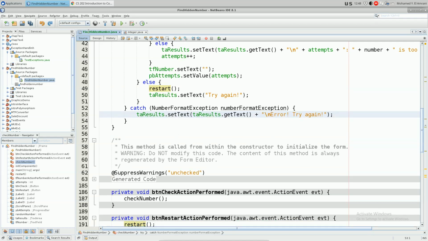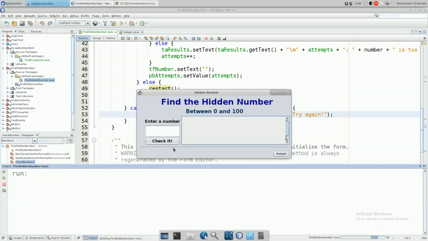For example, if a user just by mistake started doing something and then pressed enter, I don't want to start from scratch. Or he was about to find it, he just made a mistake, he pressed enter, and then he has to start again from the beginning. So it doesn't make sense to put the restart there. But if you want to be,